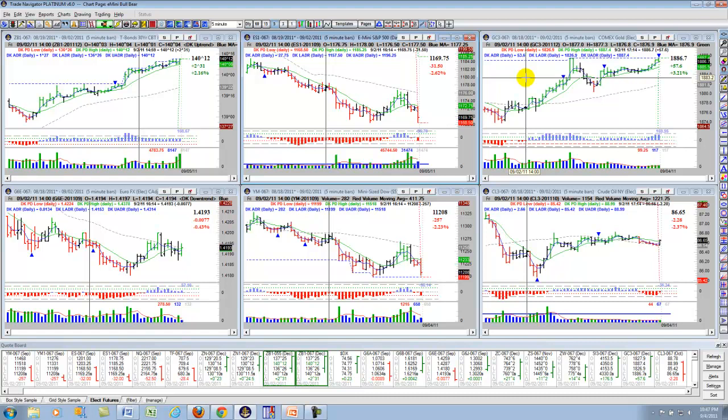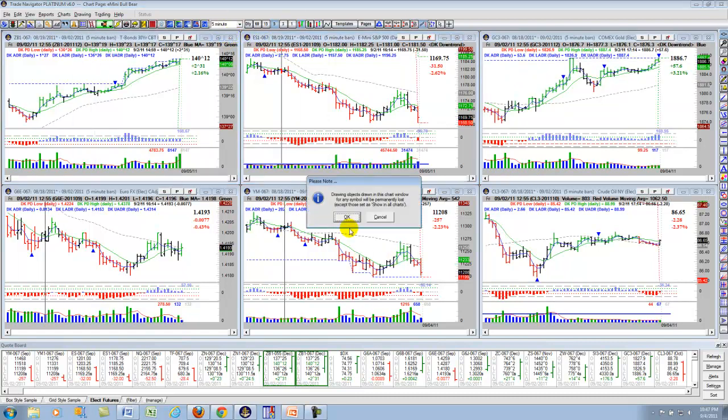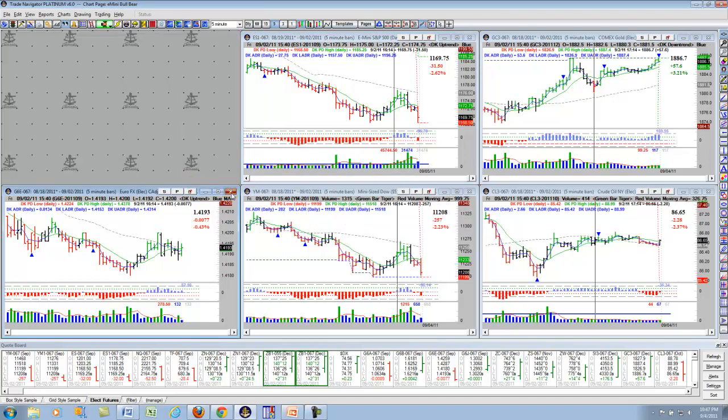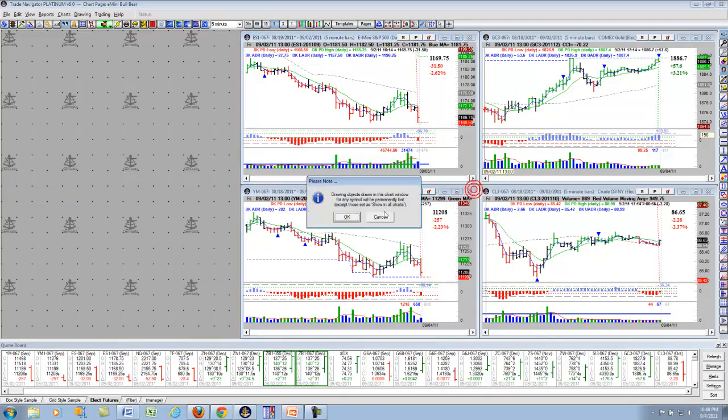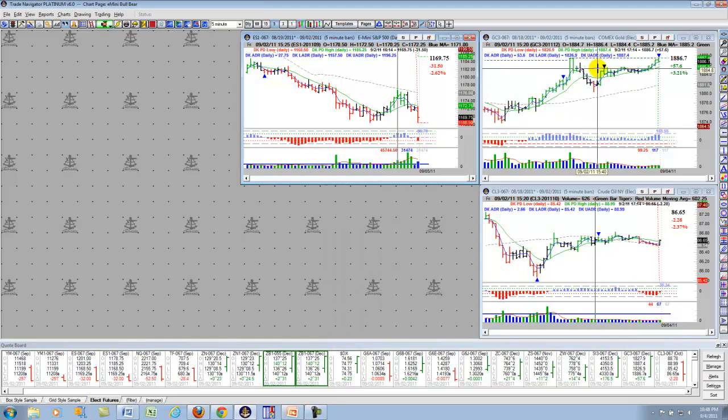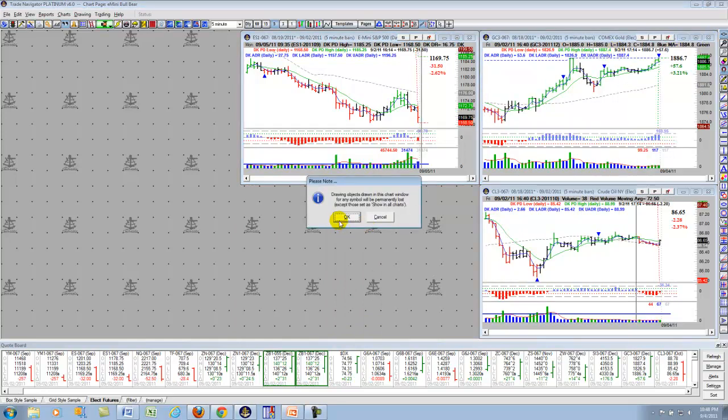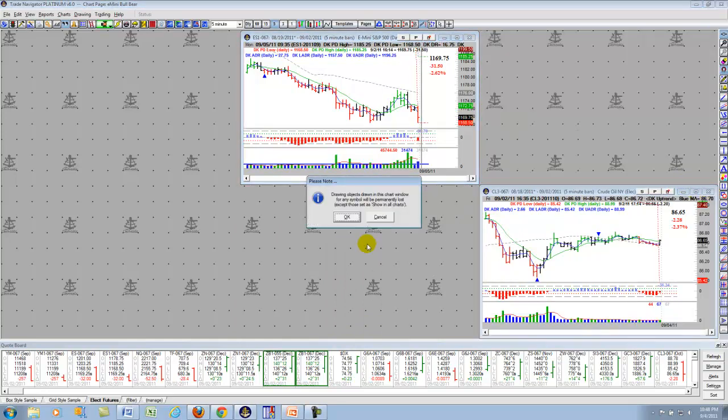So anyway, what we're going to do is go ahead and get rid of the ZB1, which was the 30-year bond. We're going to get rid of the G6E, which is a euro currency. We want to get rid of the YM contract, we want to get rid of the GC3, and we want to get rid of crude oil. Now the crude oil, this bottom right one, in our trading room, if you're currently a member of our trading room, this is the TCB crude oil trading strategy. We use the crude oil market